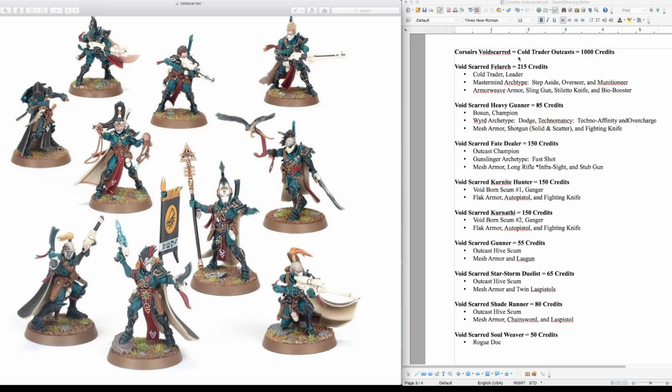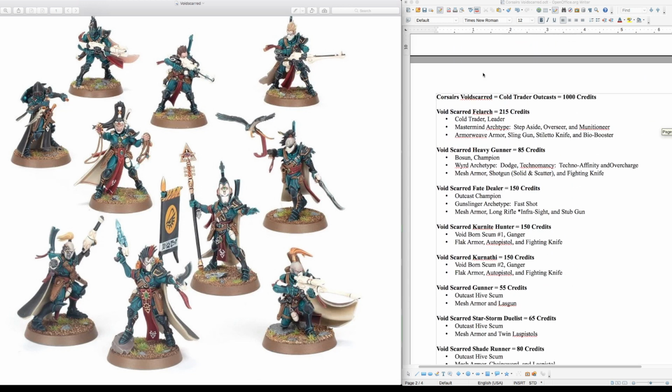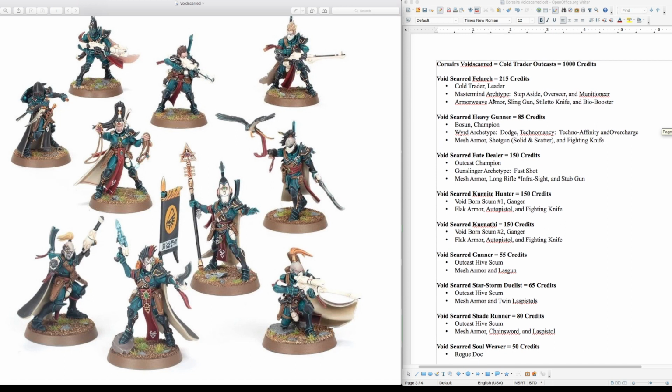And the reason why that is the case is because, like I said before, Cold Trader Outcasts are smugglers who sell illicit tech, alien technology, alien equipment, food, drugs, all kinds of stuff, animals in some cases. So these guys would be actually perfect for that. They'll have that kind of pirate smuggler vibe going on, just like the Corsairs they're named after. Now this gang is going to cost you 1,000 credits for this one, so let's talk about what